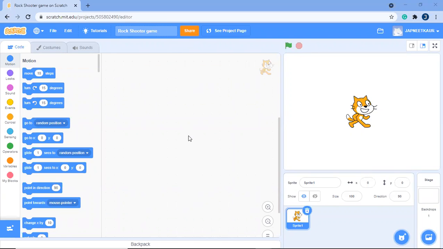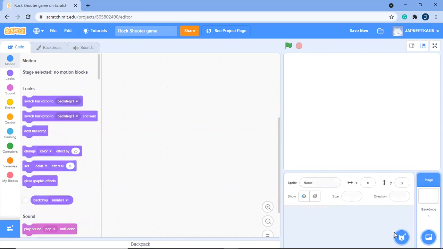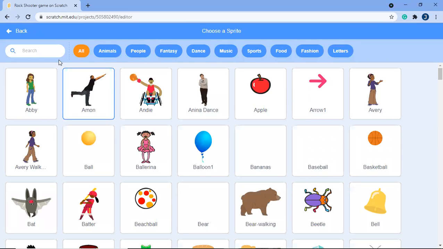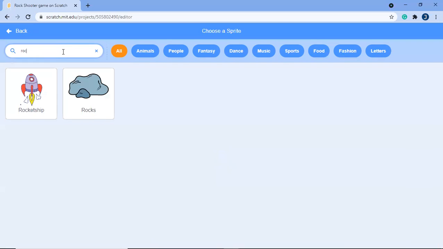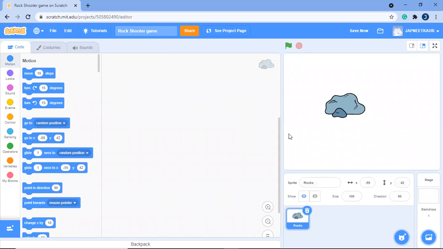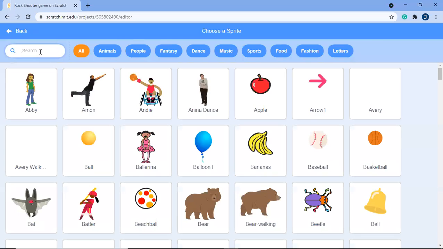In this video, we are going to create a rock shooter game. For that, you need to open Scratch. At first, we will take some sprites. We will need a rock because it's a rock shooter game. Rock. We need a rocket